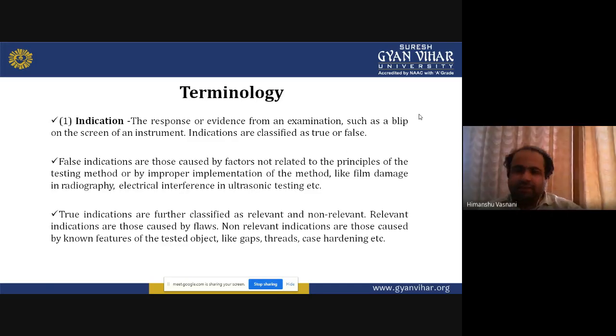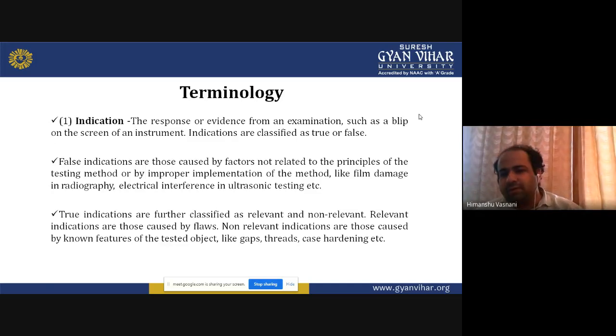That if you are examining something or you are doing a test and something appears on the screen of the instrument, it is an indication that something is happening. Now indications are classified as true or false. Now false indications means